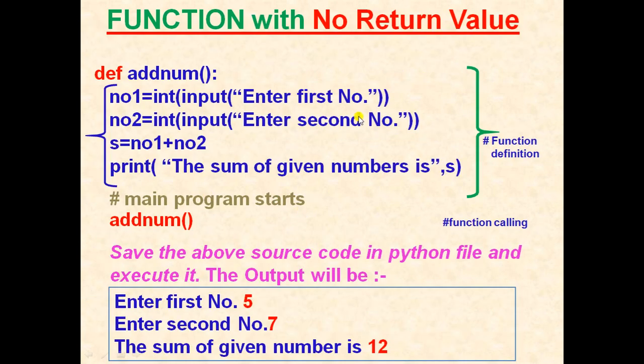Here is an example of returning values. There is no return statement in this program. We have previously discussed this in our function section. This is a simple program that accepts two numbers, and simply on calling that function the program gets executed, takes two numbers and adds the sum. Taking this example only, we are going to discuss different returning patterns.